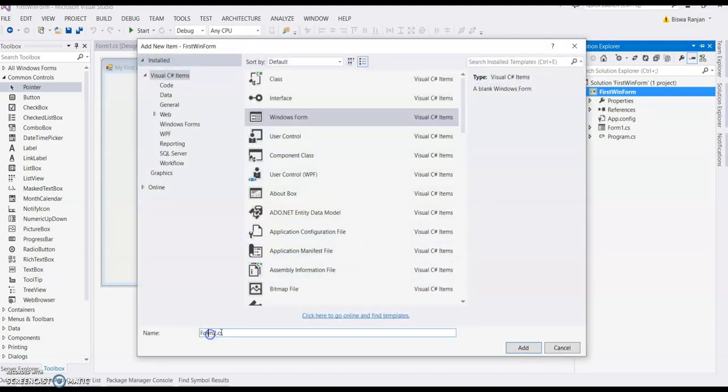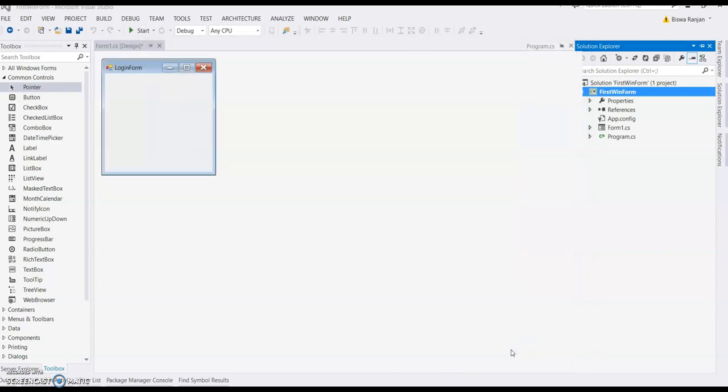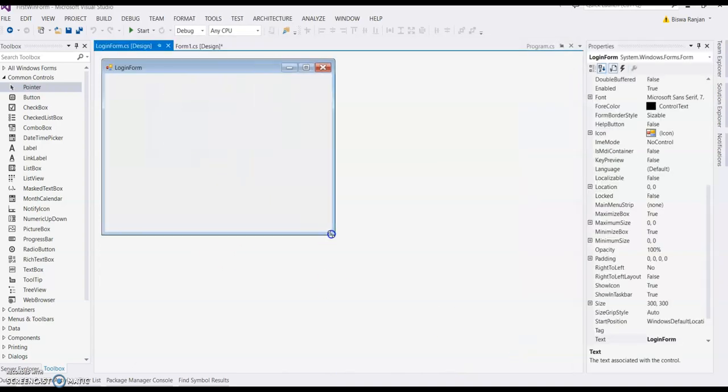Give the form a name. Let's say I'm giving LoginForm. Click on Add. You can see one more form came here.